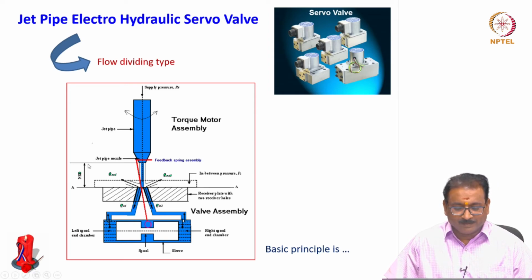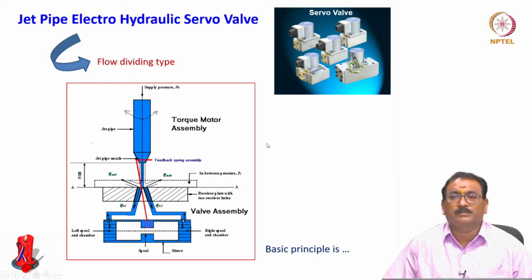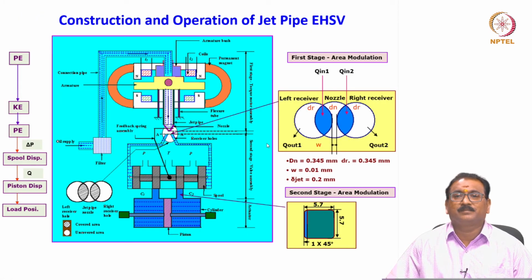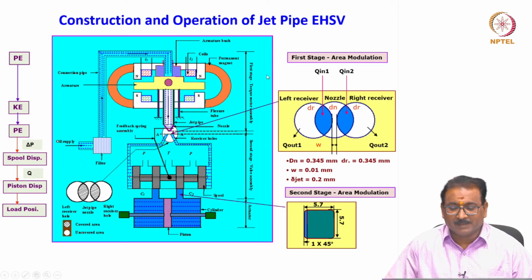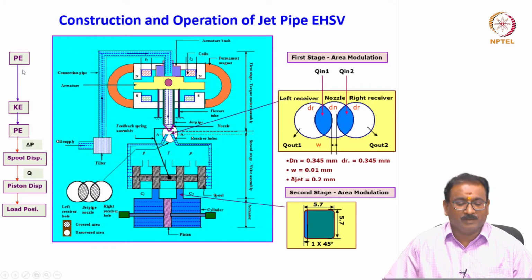Also, you will remember friends, nozzle standoff distance is also a major process parameter. Quickly I will show you one more slide. You already saw this slide in the previous class. The whole objective in the jet pipe electrohydraulic servo valve is to convert the pressure energy of the fluid into the kinetic energy of the jet when it is expelled. Then the kinetic energy is reconverted into pressure energy in the two receiver holes,